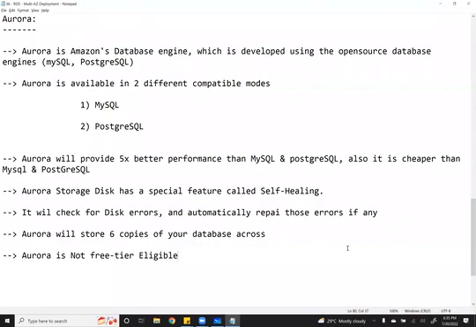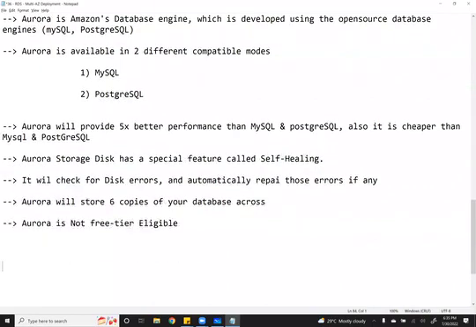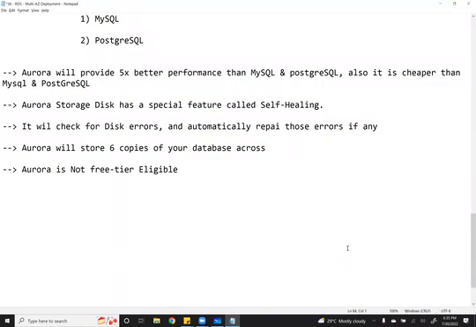The process of creation is the same. I will show you how to create, but I won't actually create it. You can give it a try. I will show you till the last option, like clicking on create database. So what I can say is: create an RDS instance using the Aurora database engine